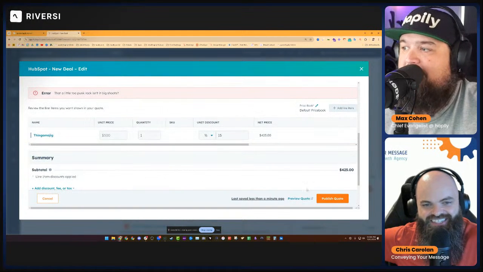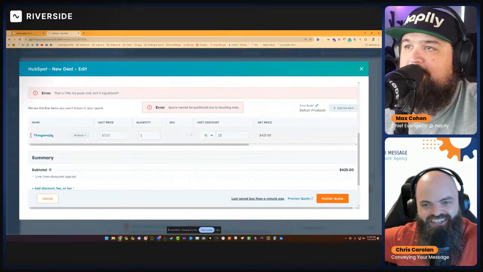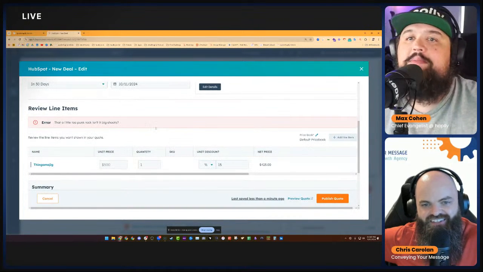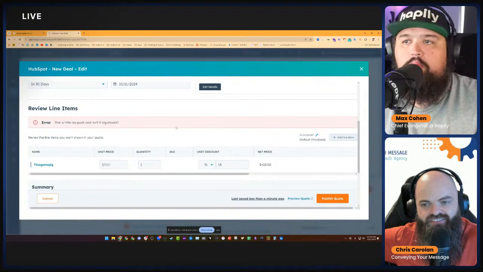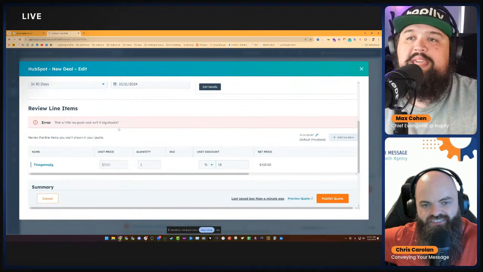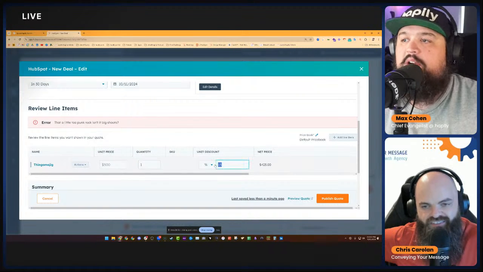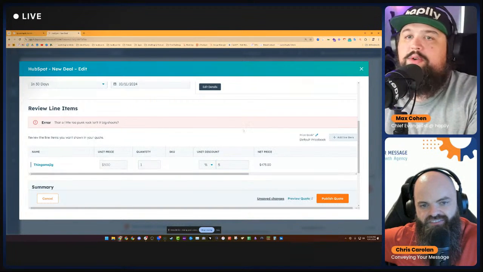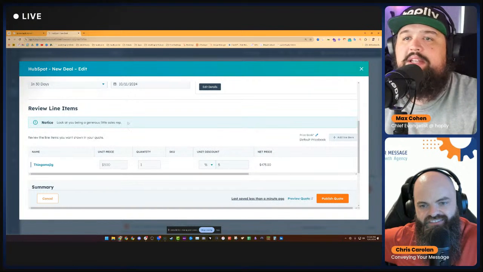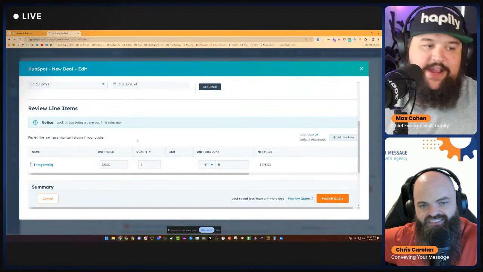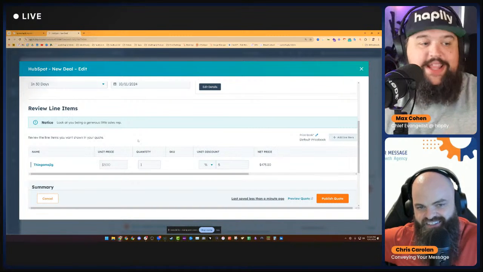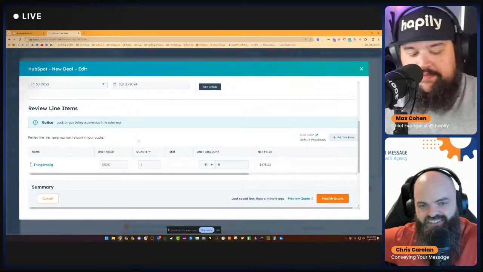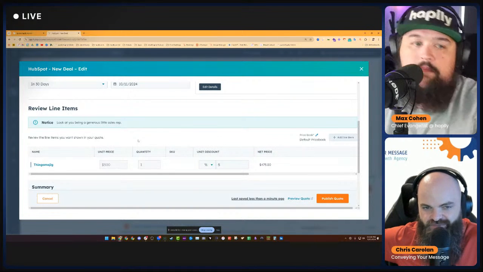You can see we got a little bug here because this should be stopping me from hitting this button. Oh, there you go. It's working, right? So it's not actually letting me create the workflow or create the rule, create the quote, because I have this error here. If I bring it back to my conservative sort of 5% discount, I could do it and it'll automatically update here. So it's telling me what I can do, and it's stopping me from what I can't do, which is ideal. And we have control over all these messages.